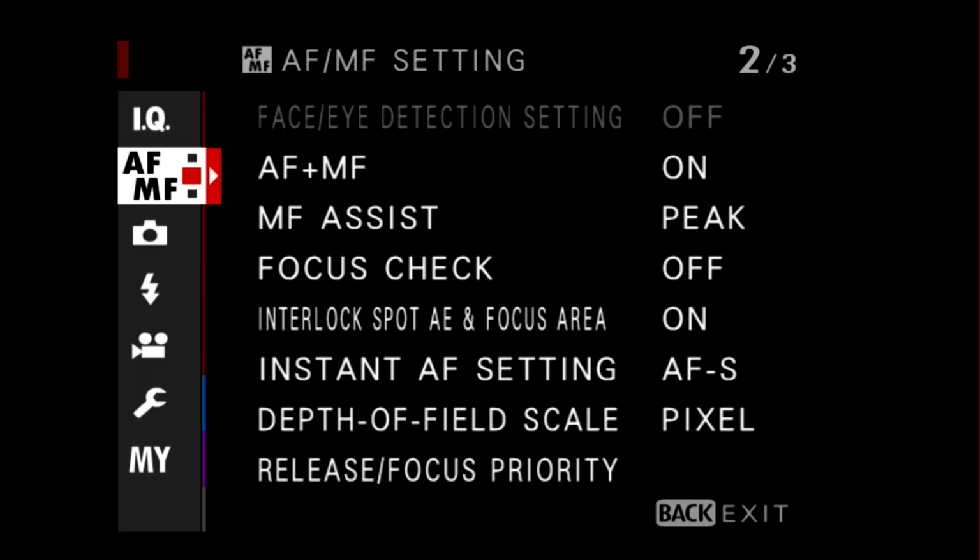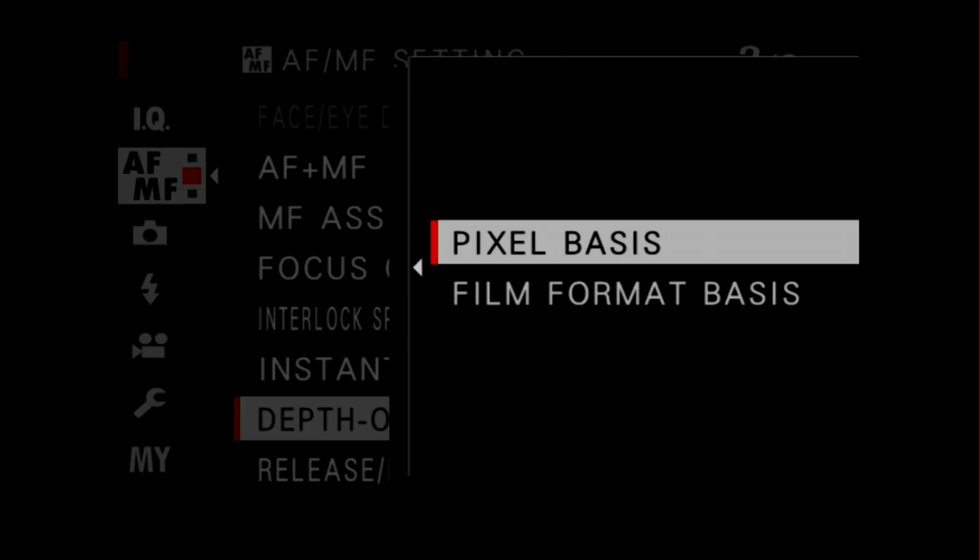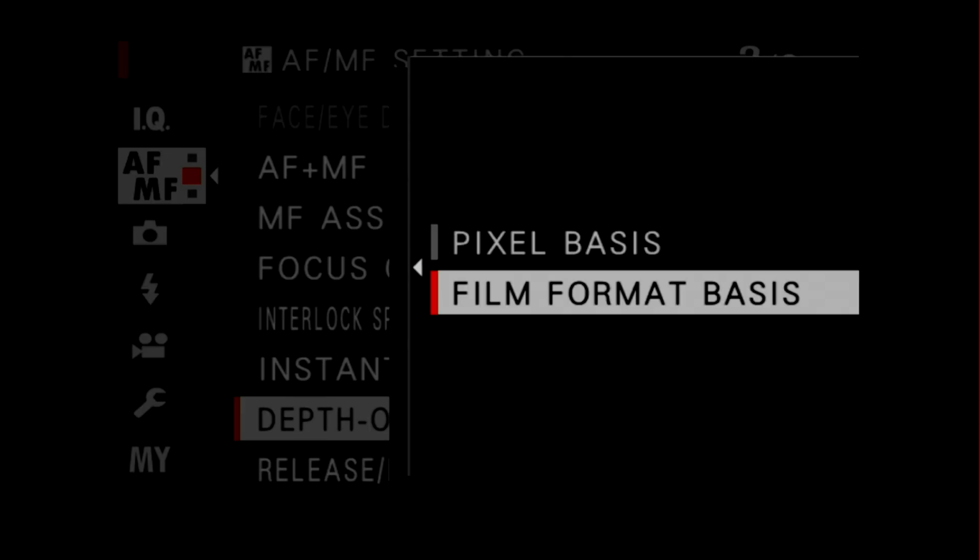Now, there's a couple of other things to think about, because there are different ways to view depth of field. Physically, it's the same thing. There's no change to the camera, there's no change to the lens. It's the change in our perception. And the depth of field scale on a Fujifilm camera can be changed. We can put it to pixel basis or film format basis. Now, I don't play around with enough other cameras to know if this capability is in a lot of cameras,